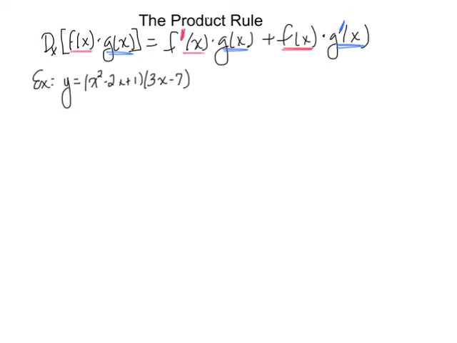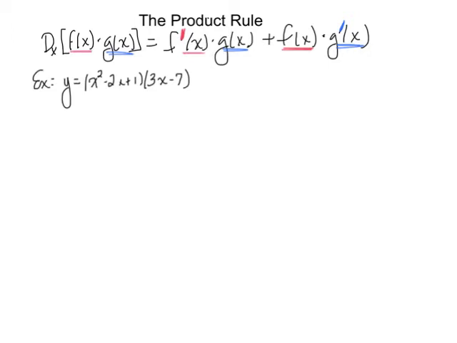So this is a video about applying the product rule for derivatives. If the function you want the derivative of is in fact the product of two other functions, then we apply the product rule. The product rule says that if I want the derivative of a function that is a product of two functions, the rule is: take the derivative of the leading function, the first function, but leave the second function alone, just rewrite it. And then we add the first function, which is left alone now, times the derivative of the second function.